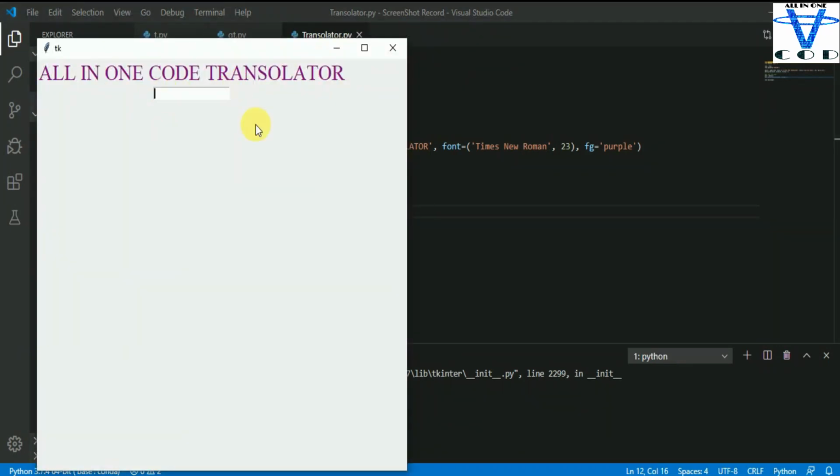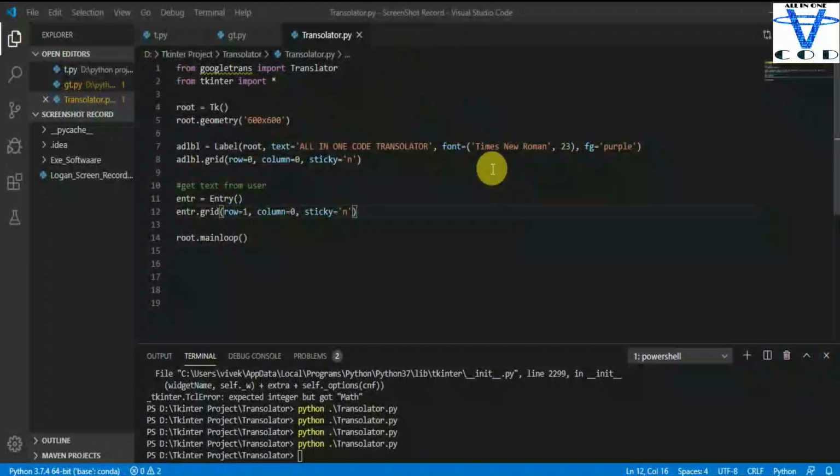Save and run. Okay, we got a tiny entry in here, but first I'm gonna change the font size in here of the all-in-one code translator. I'm gonna change the font size to 50, and I'm gonna change this size